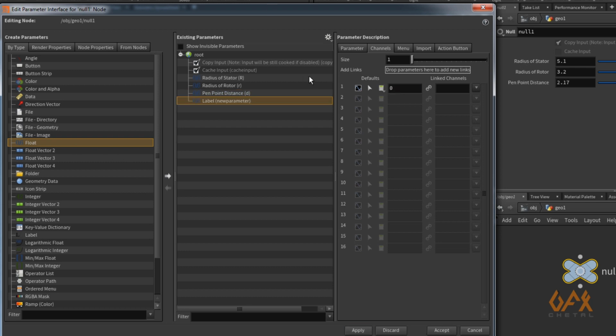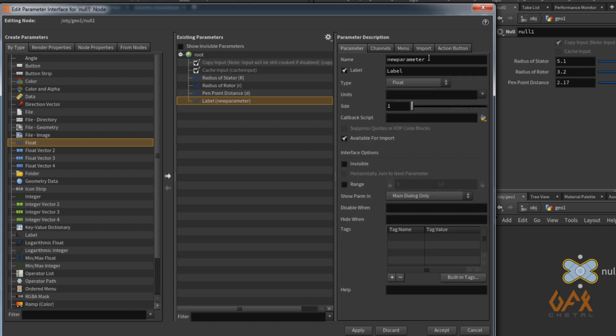Add one more parameter, name it T, and label it rotation of rotor. Set the range very high, maybe 2000, with a default value of 0, and apply it.